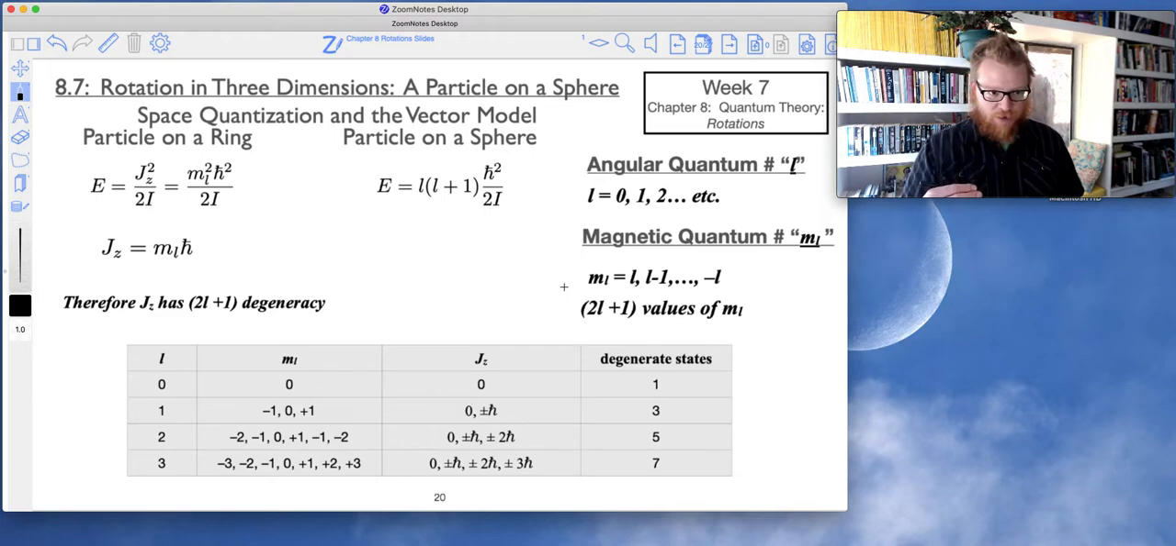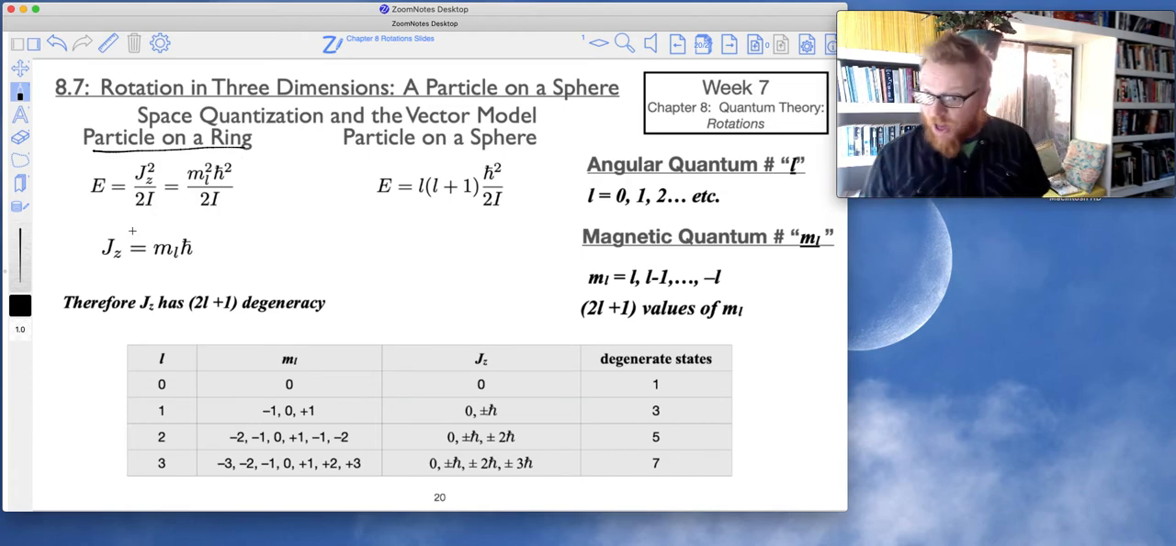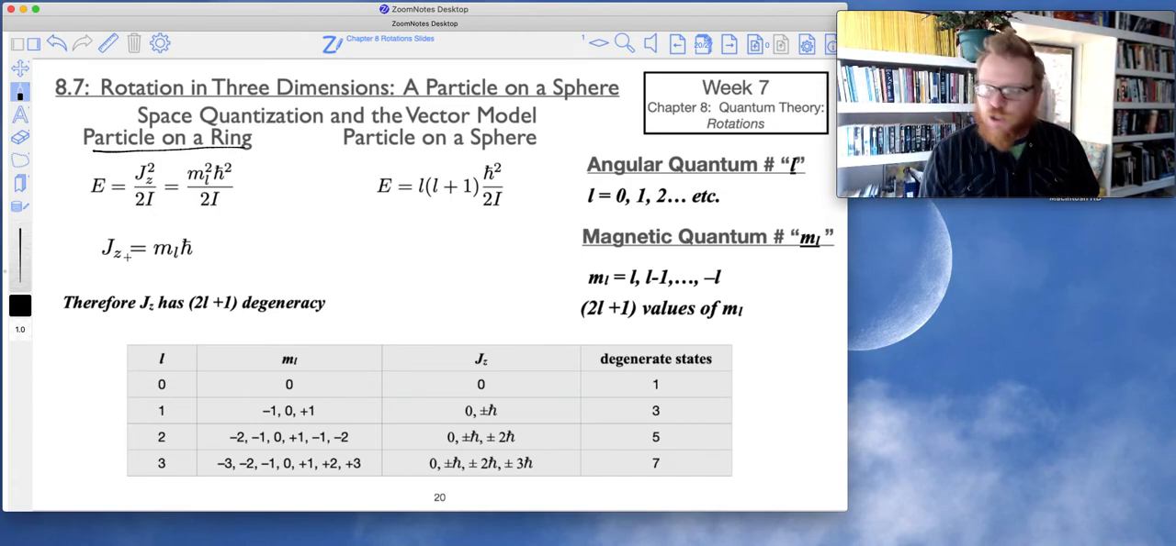Some of the things that we've already come up with, and we're going to see how this manifests on this vector model. Okay, so recall the particle on a ring. Energy solutions were Jz squared over 2I, which is also equal to ml squared h bar squared over 2I, and thus my quantized angular momentum